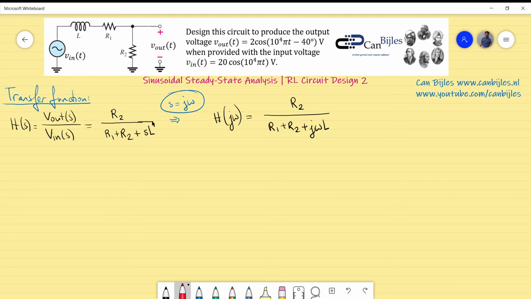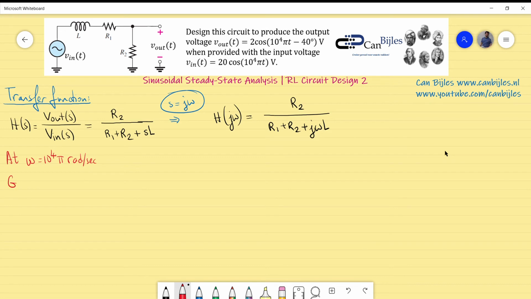Okay, we know from this expression we can get our expression for gain and also the expression for phase. But before I start with the formulas for the gain and the phase, I would like to know what kind of information I get from the data here. So we have the following: at omega specific frequency of 10,000 pi radians per second,